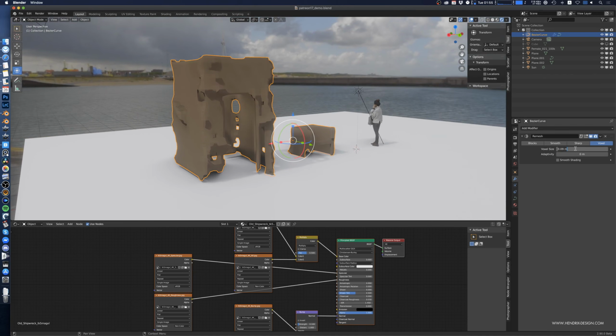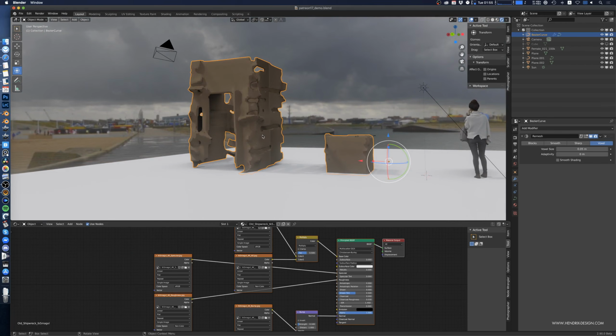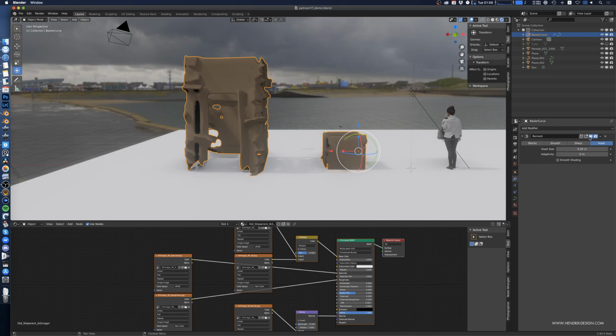So be careful and don't just mash the slider all the way to the left. You can see how if I decrease the voxel size, the tracing, the remeshing of these objects will become more and more precise, and it will resemble more and more the original